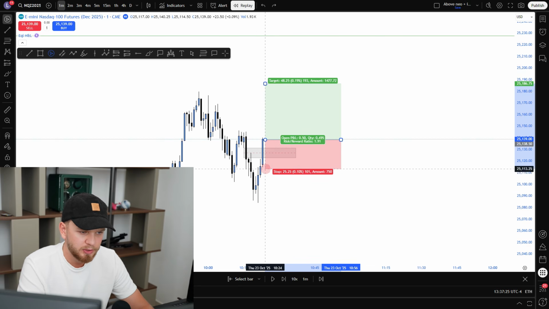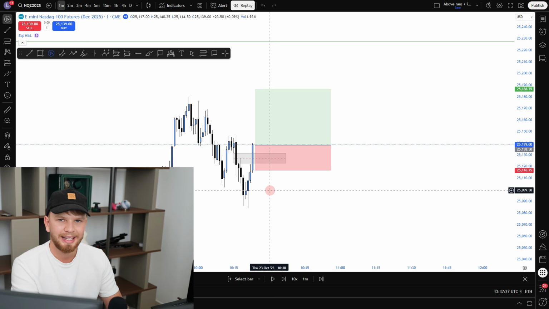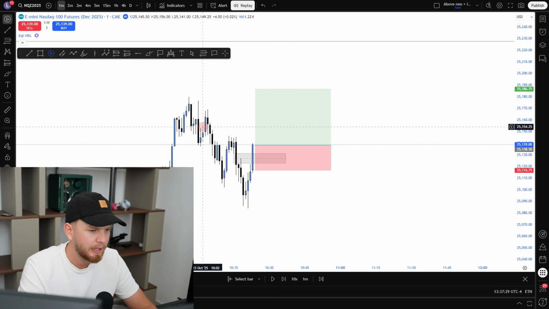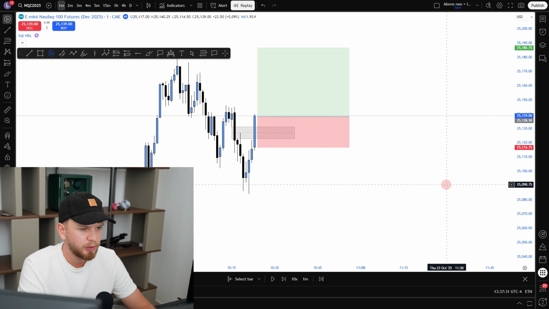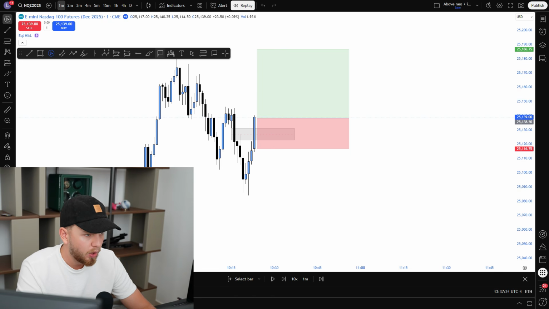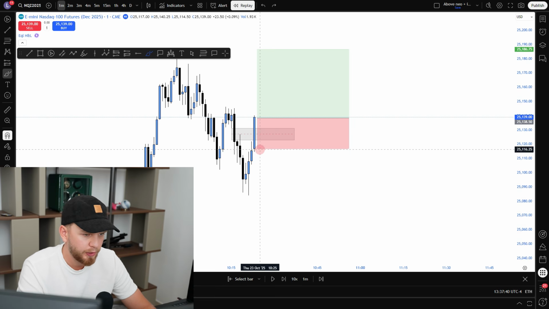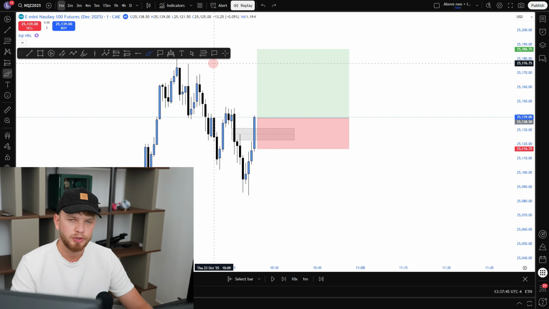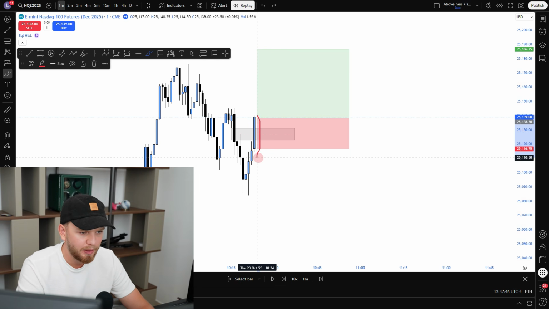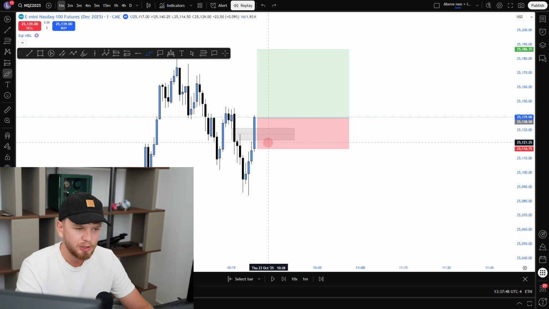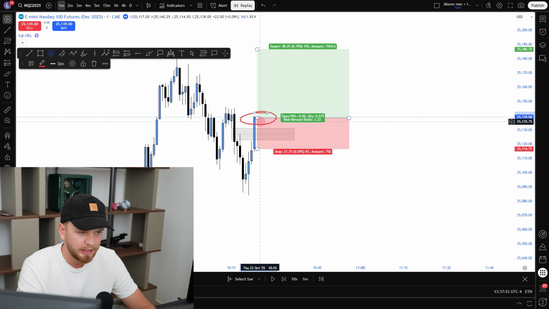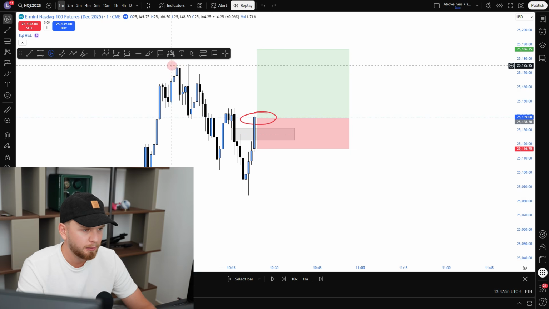Now my stop loss when I am trading is only if I get a stop loss back below the inversion fair value gap that I entered from. So I will now only close this trade if I get a candle close back below this bearish fair value gap. What this allows me to do is not get stopped out on so many trades that will come down and wick most people out. As well as that, this allows me to get an extremely good trade entry whilst not ruining my risk to